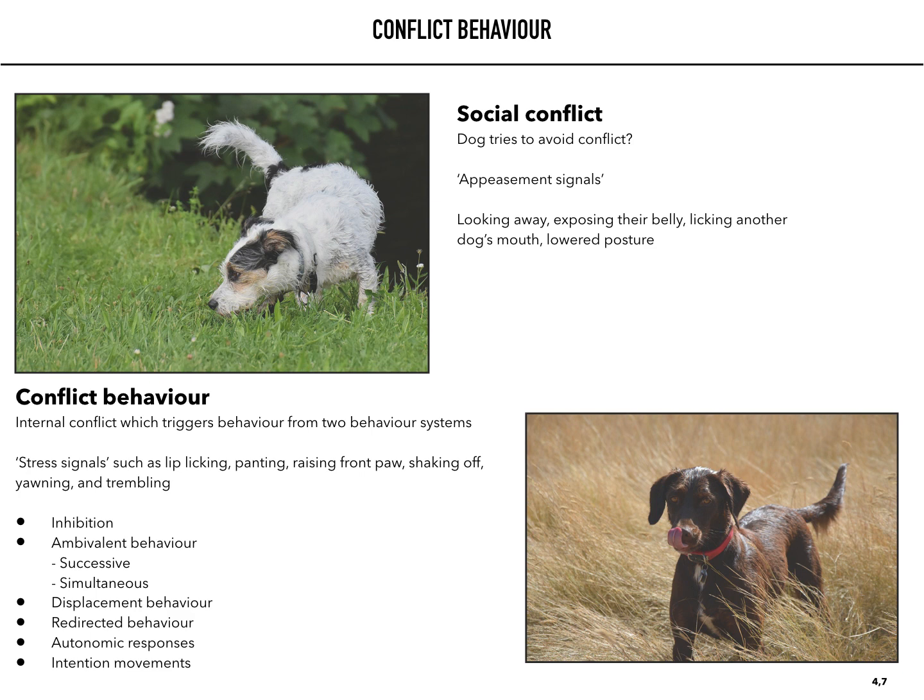Then there's autonomic responses. These are not conscious. Think of panting, a high-pitched bark, piloerection, a sneeze, lip licking from drooling, the white of the eye becoming visible, loss of bladder control, or pupil dilation. And then there's intention movements. These are behavior acts that indicate the dog intends to perform a behavior, but internal conflict inhibits them from doing so, at least temporarily, such as a dog who intends to attack but stops at fixated staring, or a dog who wants to escape but stops at lifting their paw.